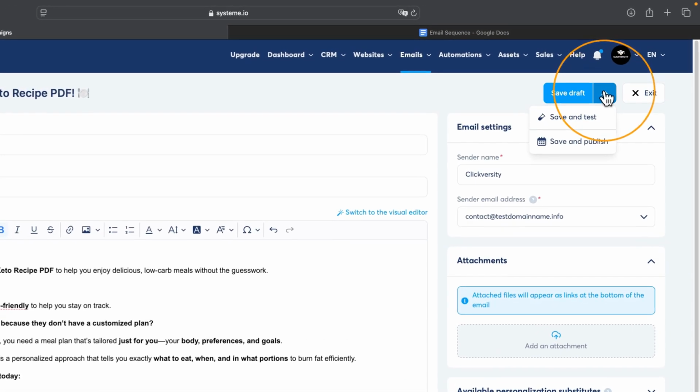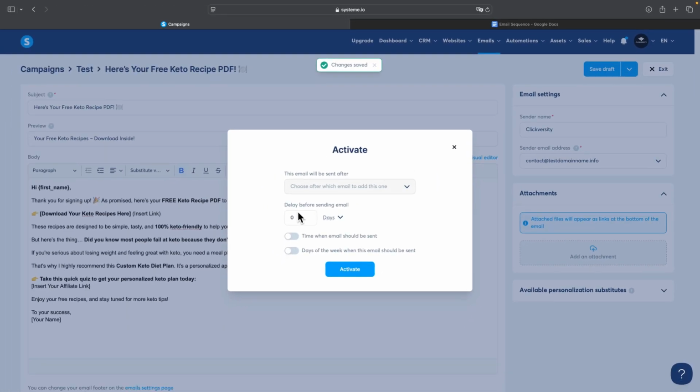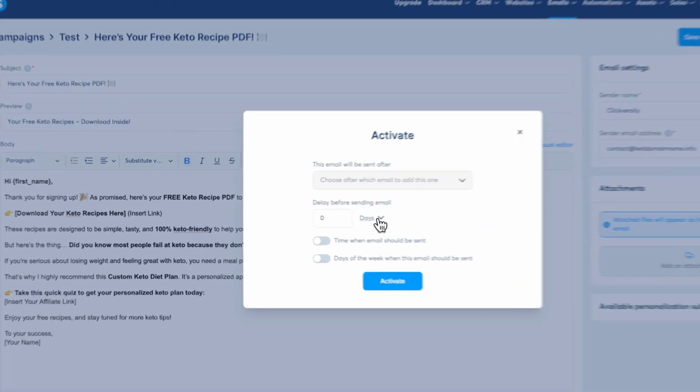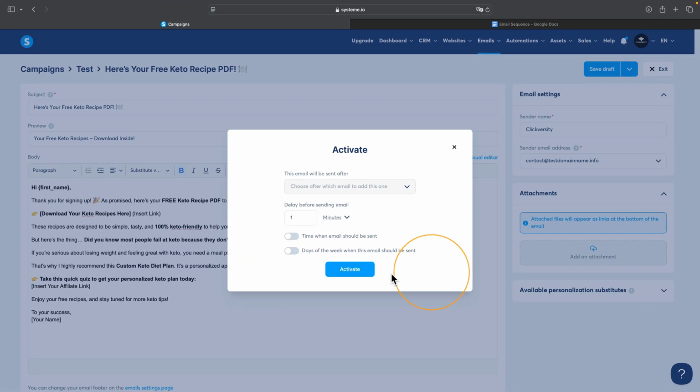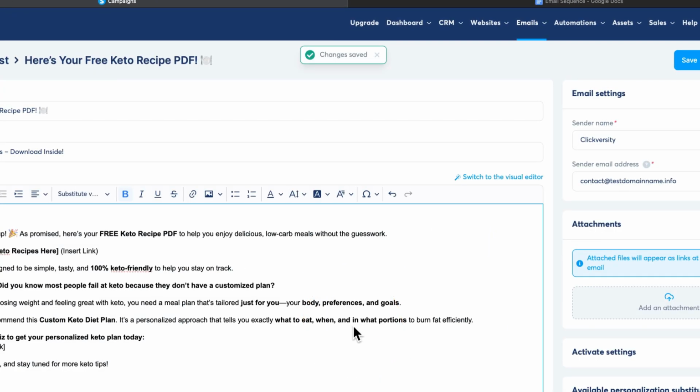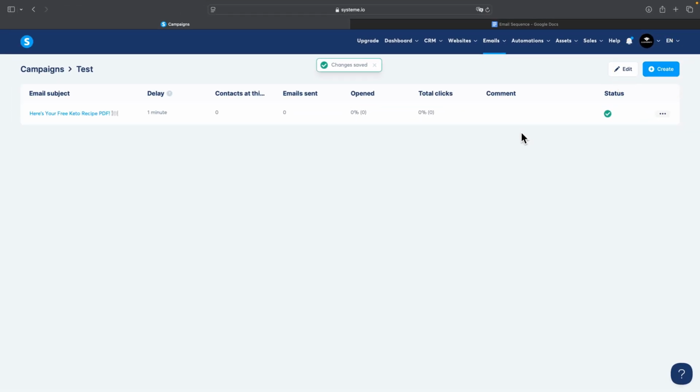We can go here and click on save and publish. Here we need to choose the delay before sending the email. If you keep it at 0, the email should be sent immediately. You can set it up in days, hours, and minutes. So I will do, let's say, 1 minute, and click on activate. All right, save, exit. We created our first email, and now we should create our other emails because we are creating